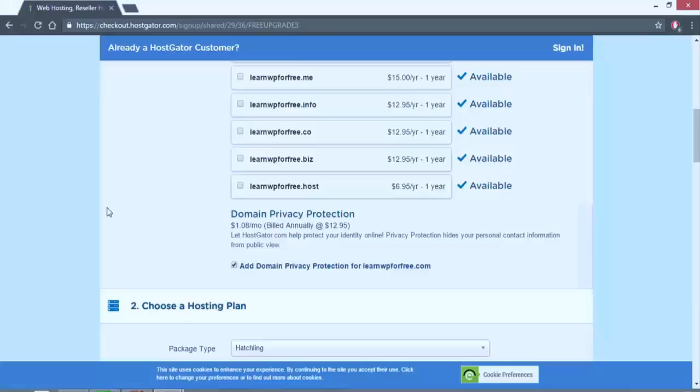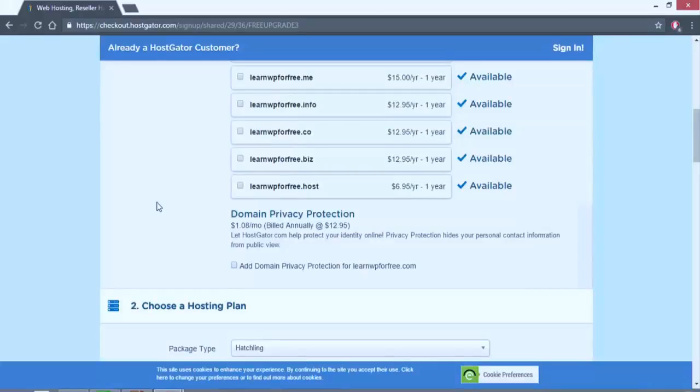It's a totally public site that anyone can look at, and if you purchase the domain privacy protection, instead of your details, it'll be HostGator's. But to be totally honest, I normally uncheck this box and I haven't had any problems to date. But if you want to keep your site totally anonymous, you might want to check this box and add it